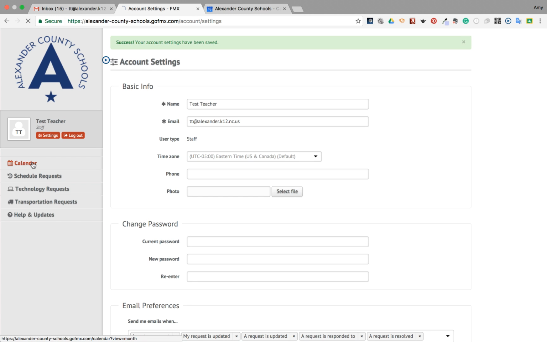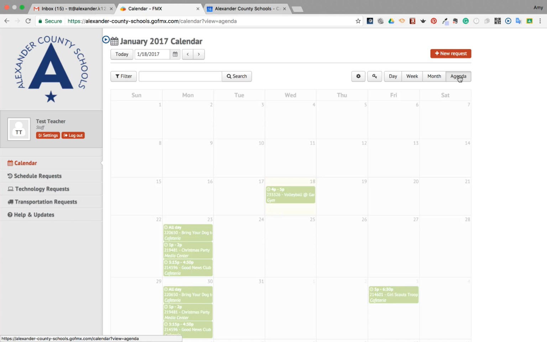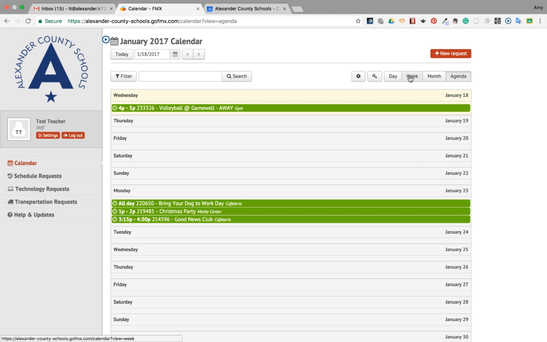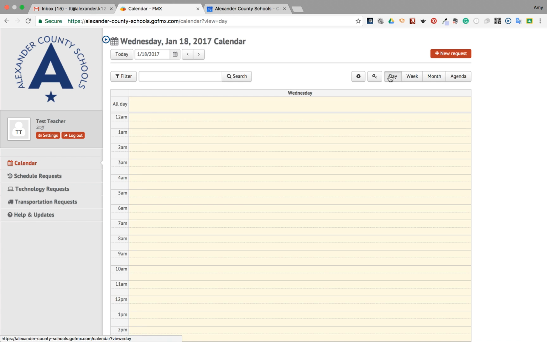I'm going to go to my calendar view. Calendar defaults to month. You can look at it differently. Here's an agenda view. We have a week view, and we have the day view. I'm going to go back to month view, and I'm going to click on this key, and this key just